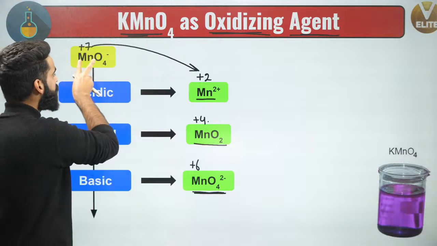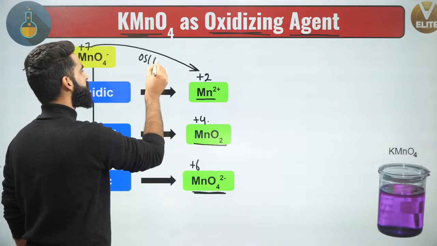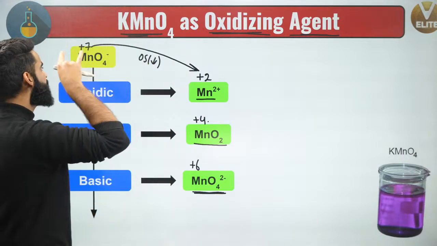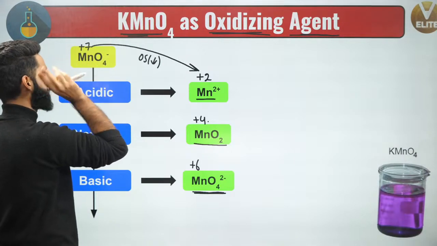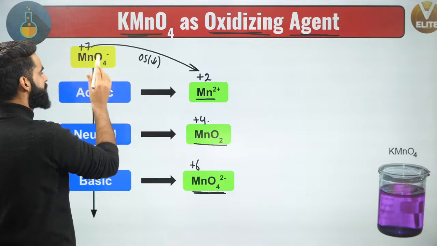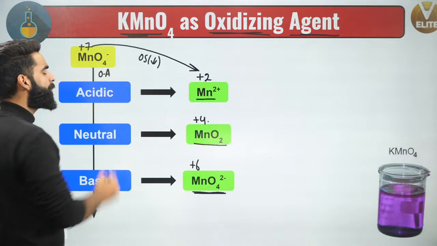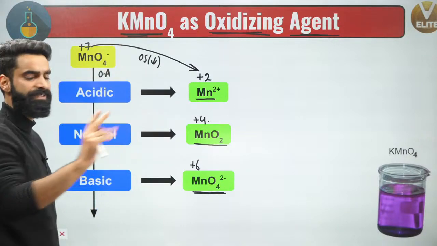Right? So is the oxidation state of Mn increasing or decreasing? Oxidation state of Mn is decreasing. Decrease in the oxidation state is what we call reduction. So I would say this KMnO4, this MnO4 negative right here, is undergoing reduction. If it is undergoing reduction, that means it is acting like the oxidizing agent right here. Yes. Now people, I need to calculate the N factor of this MnO4 negative or KMnO4 in the acidic medium.